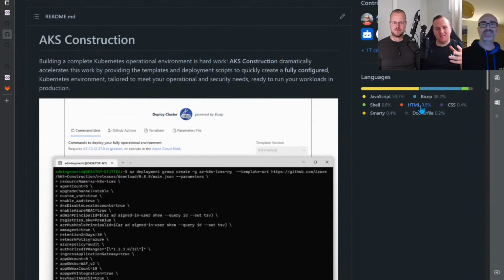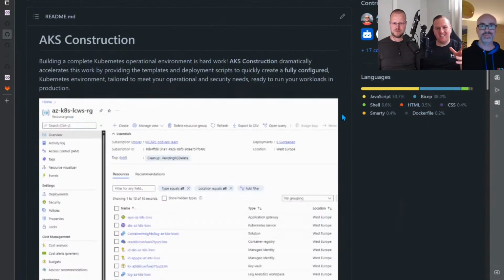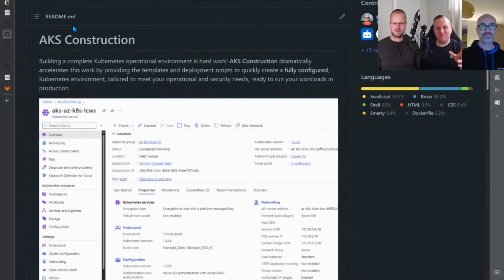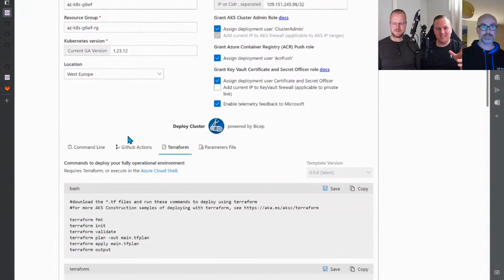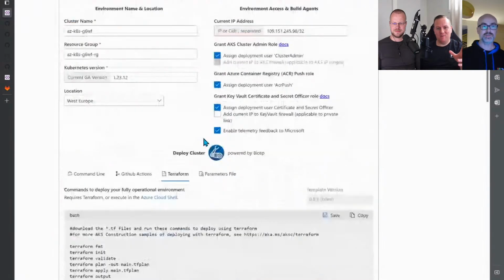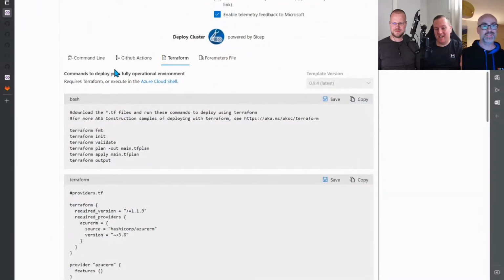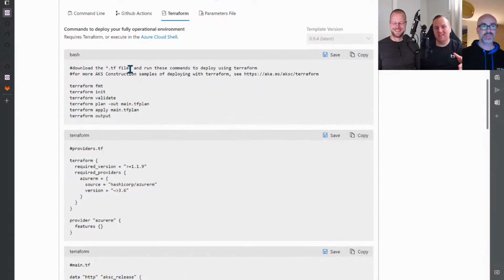If we go to the outputs, I saw that Terraform code was also being generated out of the box. Yeah, I always get asked this question, but Microsoft's commitment is that we want to be able to use all infrastructure as code languages, whatever fits best for the customer at the end of the day. So we've got the Terraform code in here as well as an output.